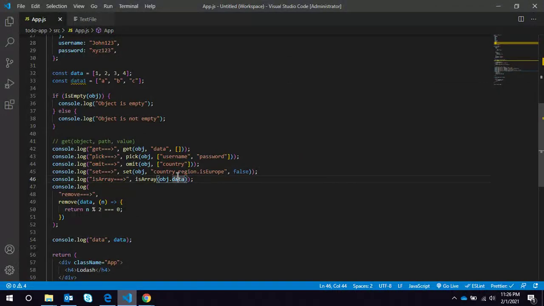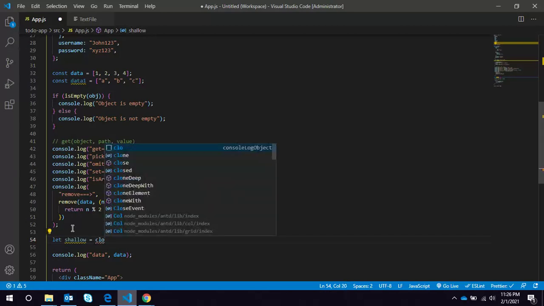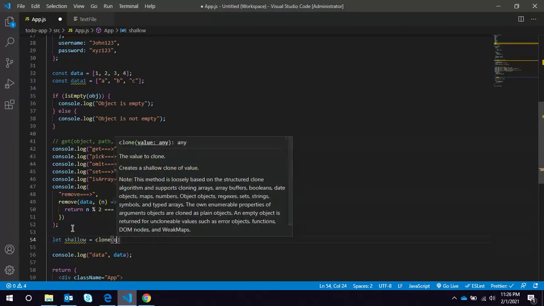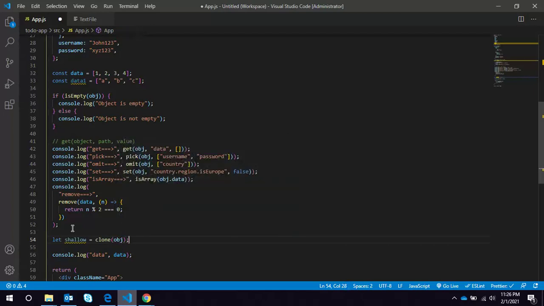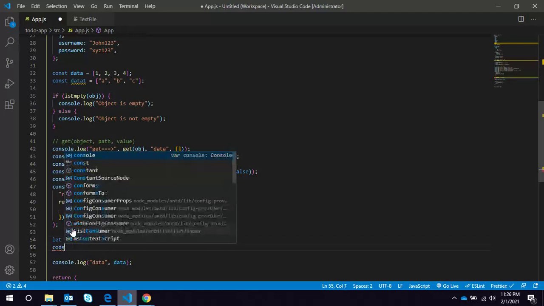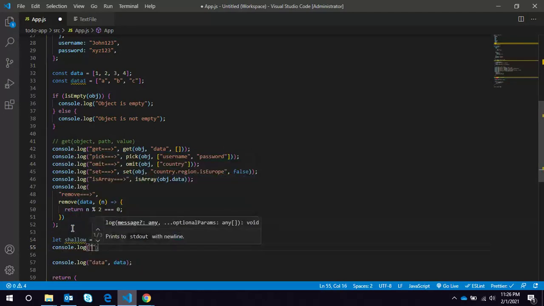Now we have clone. Clone basically returns a shallow copy of the object.